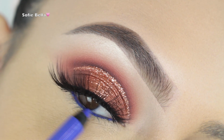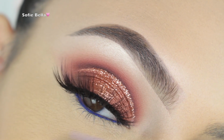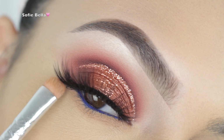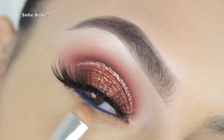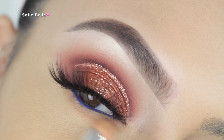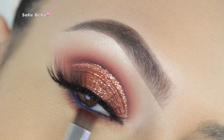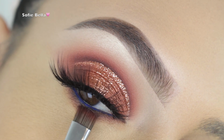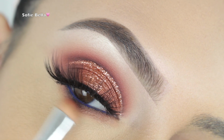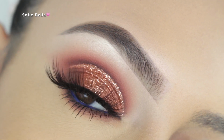And then for my waterline, I'm using this pencil by Urban Decay called Chaos, and it's just a really pretty cobalt blue color. And then I'm just applying the same shades that I applied in the crease, so I'm just first going in with my transition color, and then I'm going in with the red brown shade, and then going in with the darkest brown shade, and then blending the two together. And I just thought that it would be a nice change to put blue in the waterline, and I think that it really complemented this